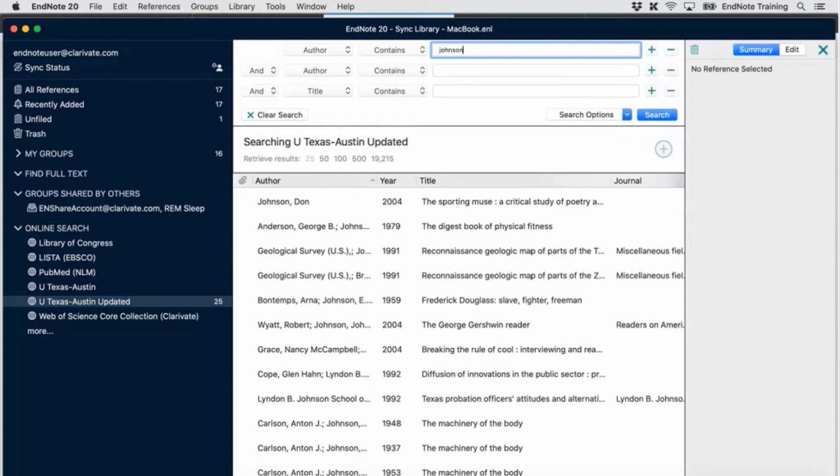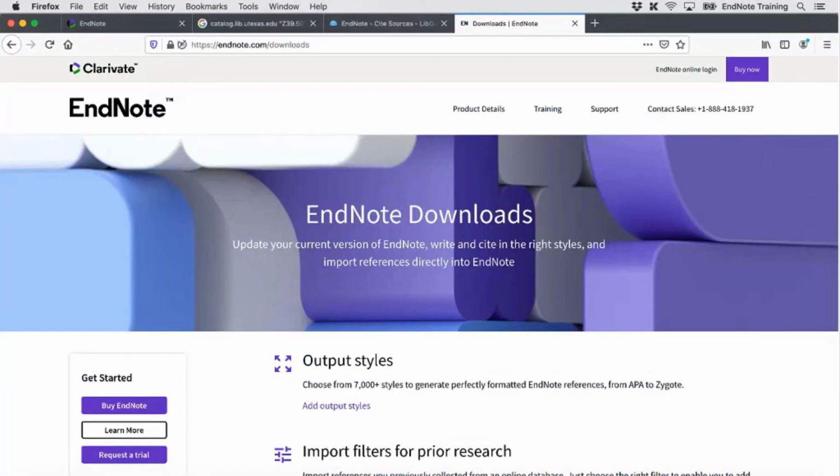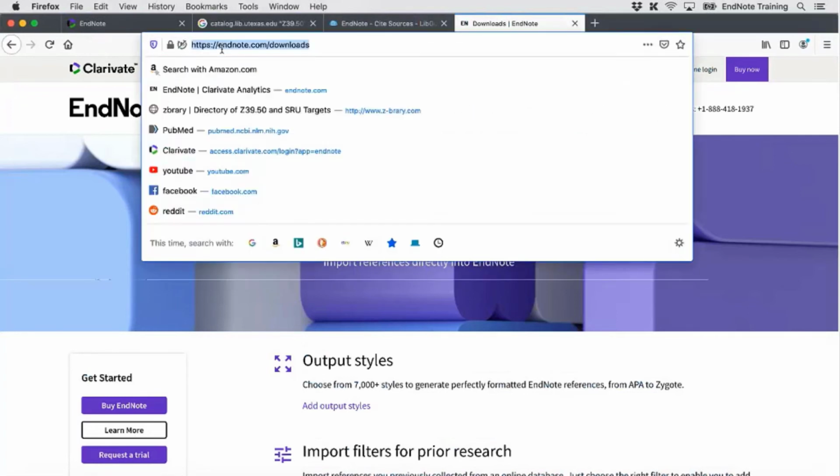So if I'm going to leave my library open, if I go back to Firefox, I believe I've already got, yes, I've already got here on EndNote.com, I've already navigated to our downloads page. You see, and I'm going to put a link to this in the chat as well, just in case. But you can see that our downloads page is just